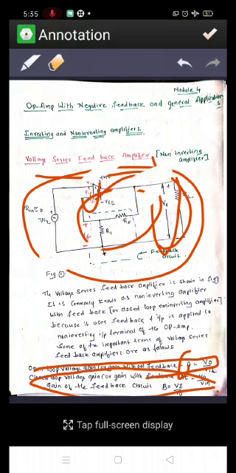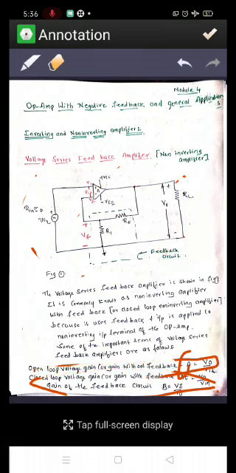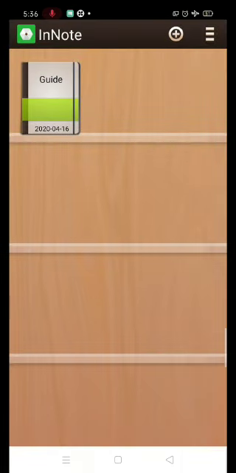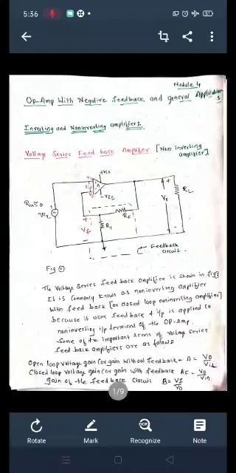And now we will check the negative feedback with respect to the figure, how it looks, and what the equation is for the differential input voltage with respect to the negative feedback. With the negative feedback, referring to figure 1, we will apply Kirchhoff's voltage law for the input loop.